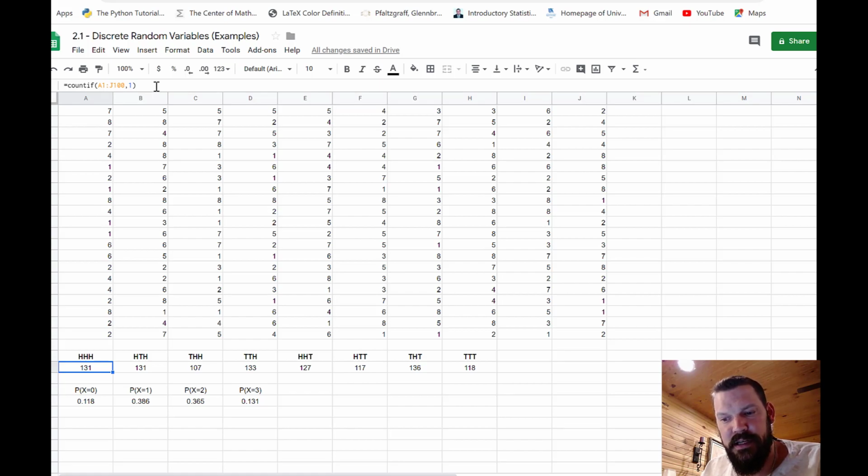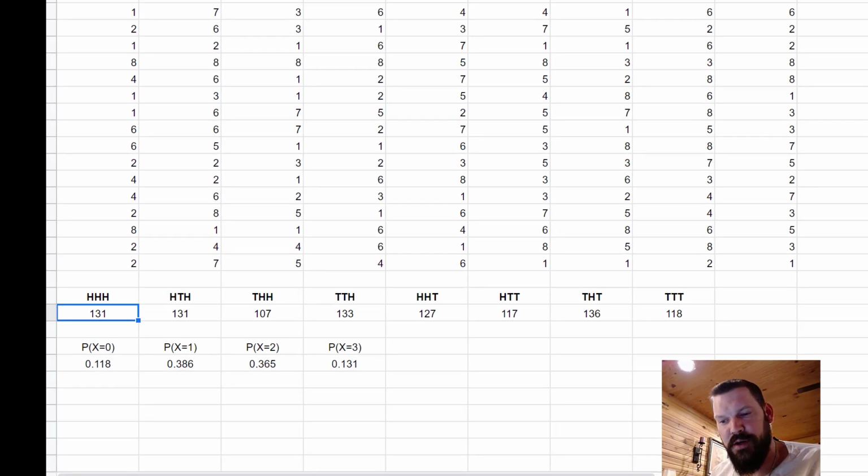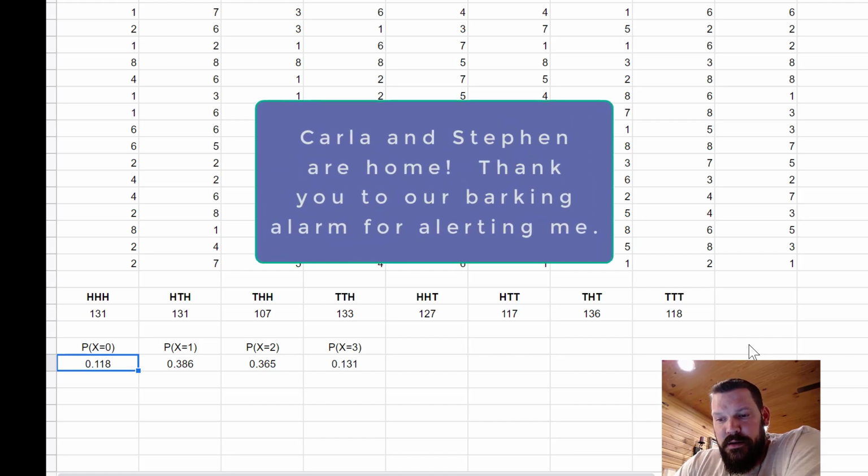We'll talk about that more in class together as well, because this is one of those things where I'd much rather do this in person with you to help you understand how to set these up. But I set up these count functions under each one of the outcomes. And then down here in the next row, I have the probability that x is 0, which means no heads. Probability that x is 1, which is 1 head, and then 2, and then 3. And I've let the computer calculate those probabilities based off my simulation. We can see that the probabilities are actually fairly close to the frequency distribution table. They're not exactly the same, because this is a true simulation using just random numbers to indicate all of our